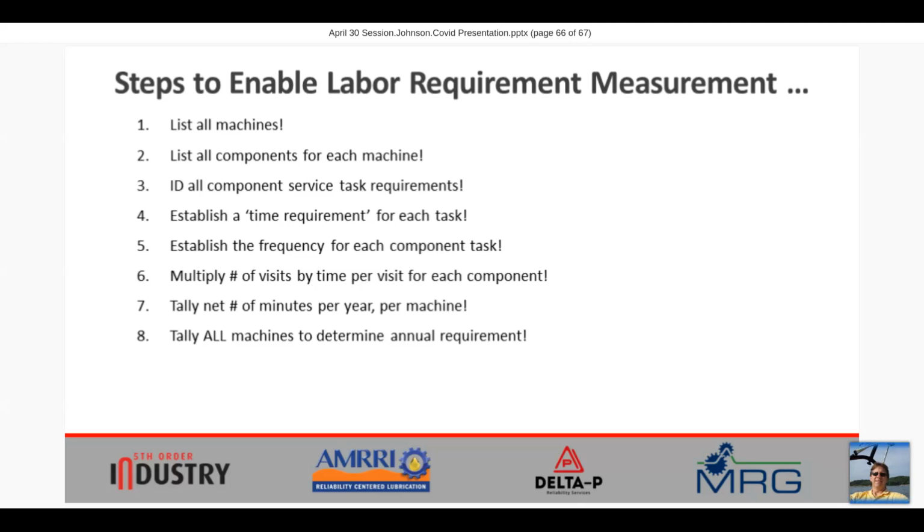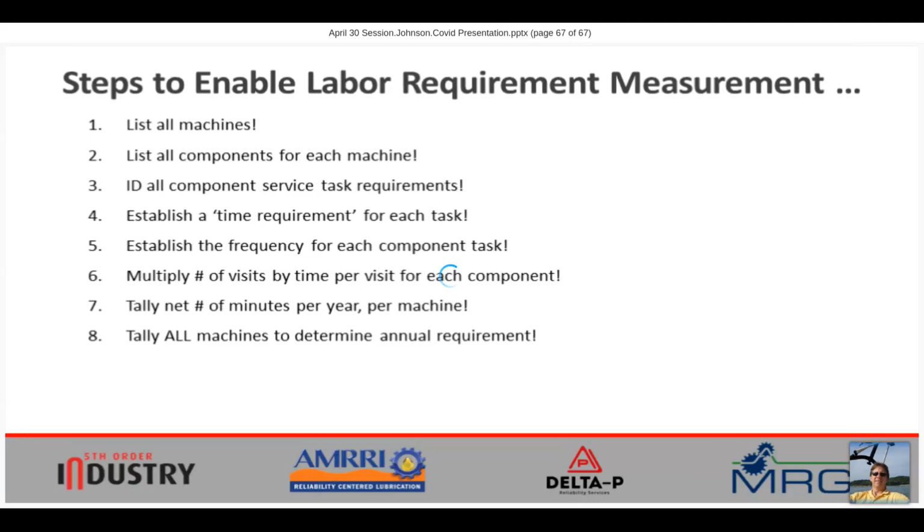But if we can manage to address these details on a granular basis, starting with the lubricated part in each and every machine, and follow a systematic, rigorous path, regardless of what our preferences are for timestamps, time allocations per task, we can fairly rapidly tally up the total number of work hours required per plant site or production department per year.